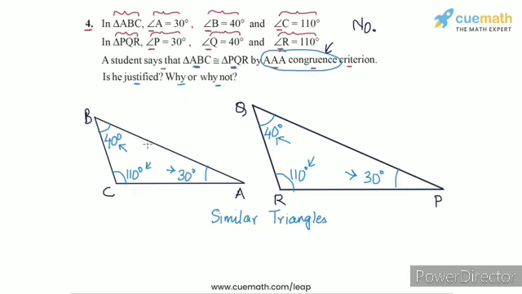If you were to zoom up one triangle or zoom down another triangle, you could get the other triangle. So they are similar, but they are not identical in size, so they are not congruent. And therefore, the answer to this question is no, he is not justified, because congruence cannot be claimed if the three angle pairs are correspondingly equal. Okay, so this completes question number 4.